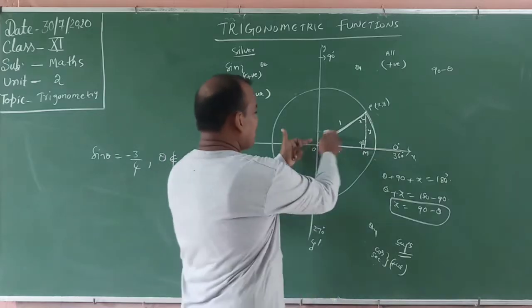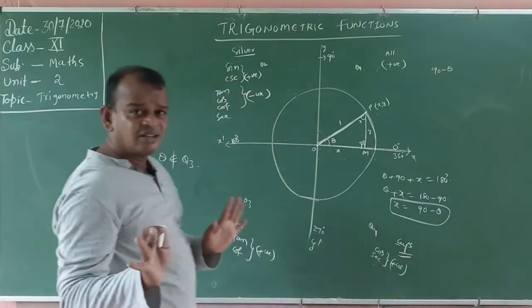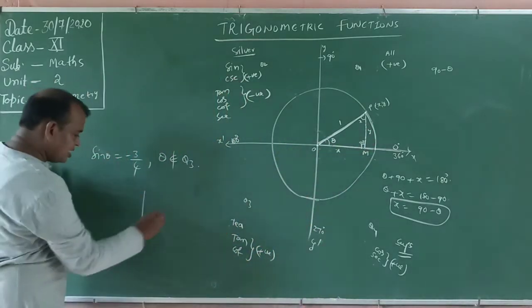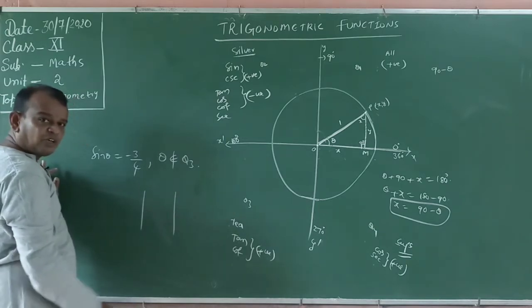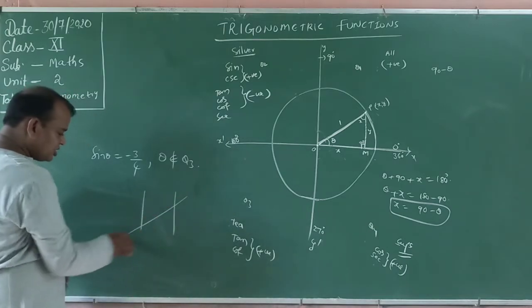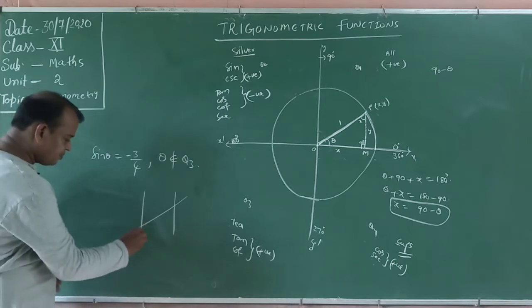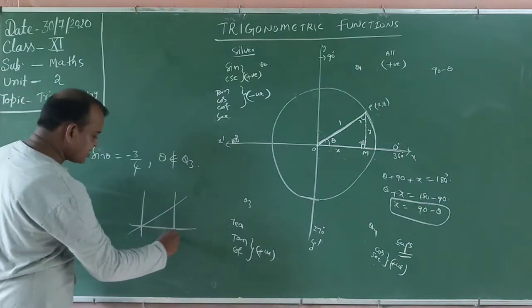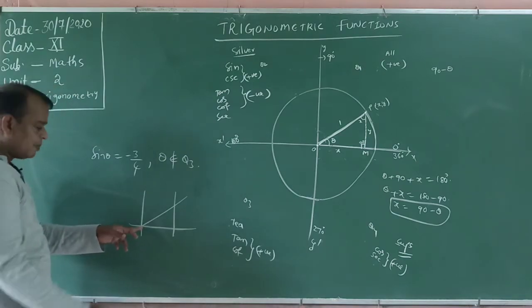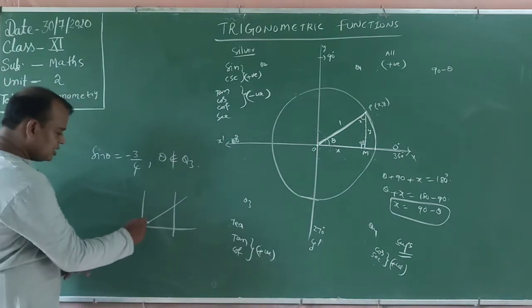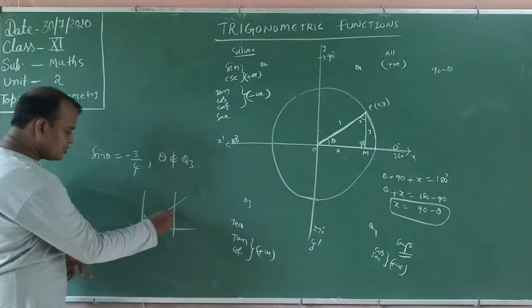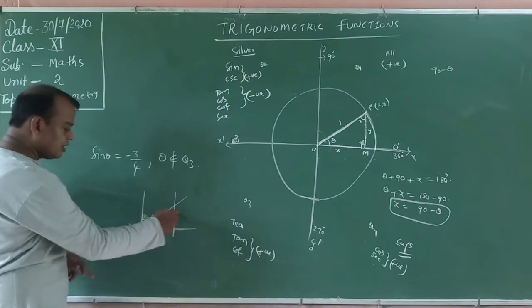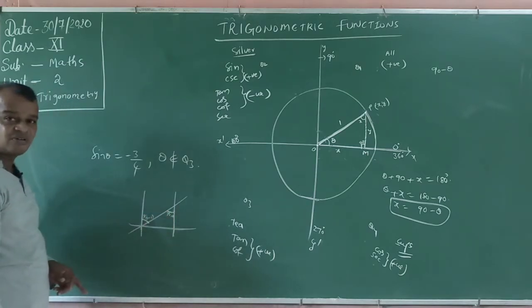For suppose these two are parallel lines. Just simple. Vertical lines are parallel lines. Now what about this? This is the transversal line, for suppose the x-axis. No problem. For suppose this angle is 90 minus theta. What about this one? 90 minus theta. These two are equal. Say yes or no.